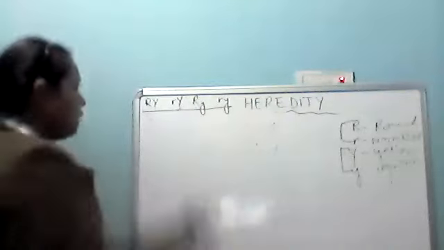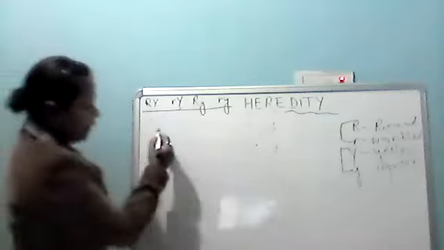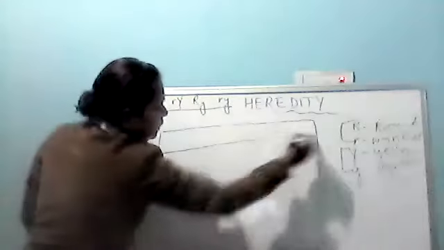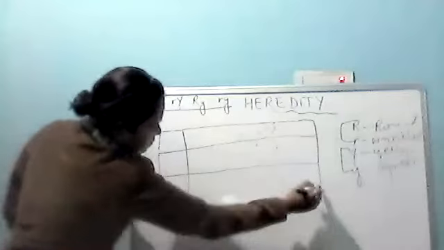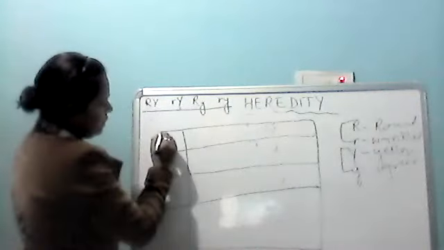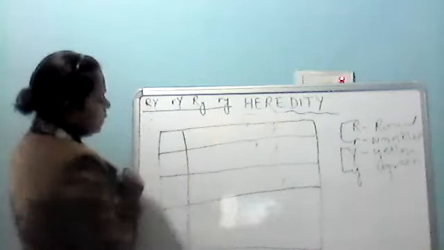Now see, when we are getting this 4, we are going to place it like this. हम लोग इसको प्लेस करेंगे अब ऐसे, ठीक है। And by making a Punnett square, हम लोग Punnett square को बना देंगे। See, for placing this 4, ये चारों को प्लेस करने के लिए हम लोग Punnett square बनाएंगे इस तरह से, ठीक है।